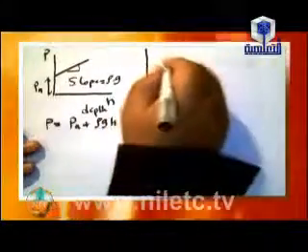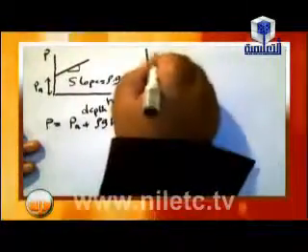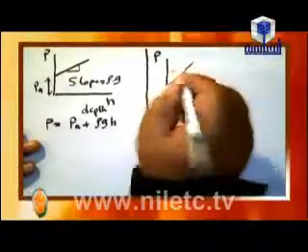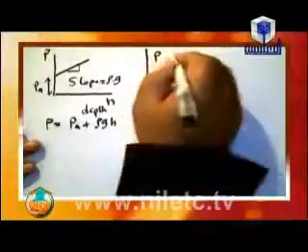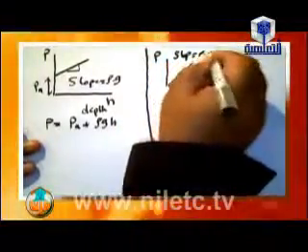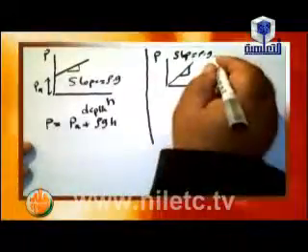So the slope equals rho G. The second slope is like this, P and H. In this case, the liquid is not exposed to air, so the slope equals rho G. Third slope